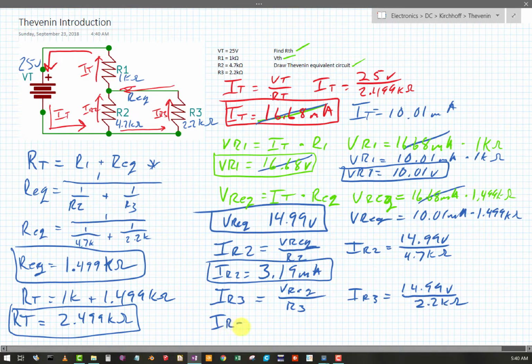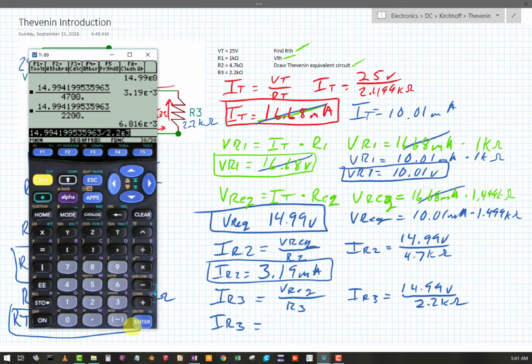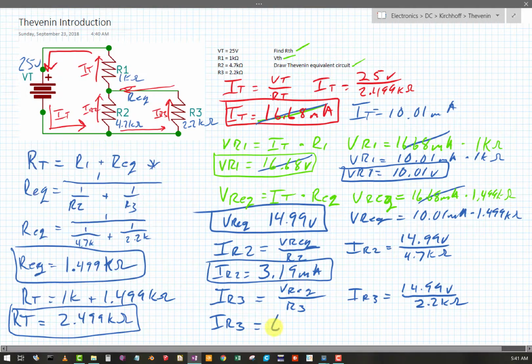So IR3 equals, here we go, calculator. Let's see what it is. That voltage, rounded, divided by 2.2 e to the third. And here's our 6.816